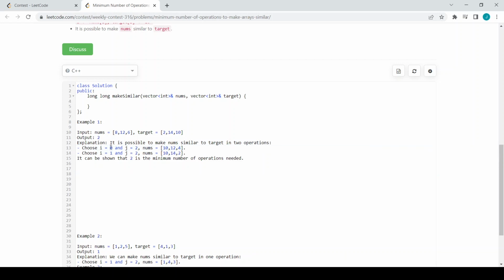How? You can choose the index 0 and 2, and make this 8 to be 10, and make that 6 to be 4, and you get the array 10, 12, 4. Then you can choose the index 1 and 2. You can increment this 12 to 14, and you can decrement this 4 to 2, and you have reached the target, which is 10, 14, 2, which is actually the elements which are present in the